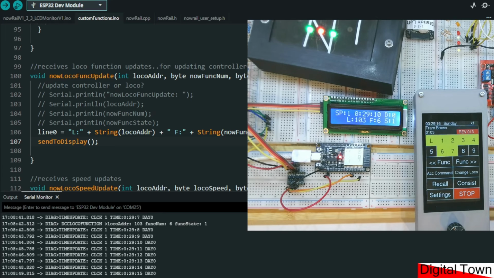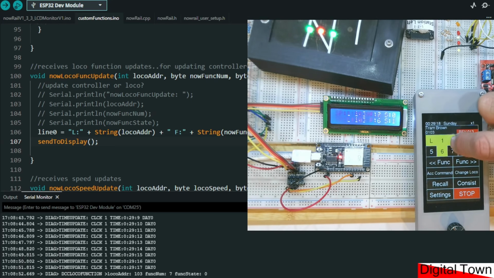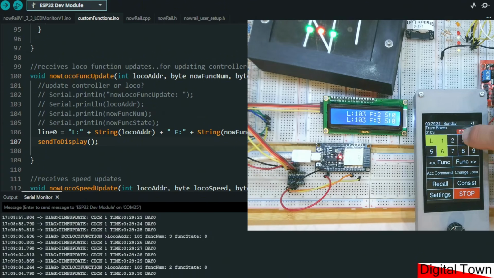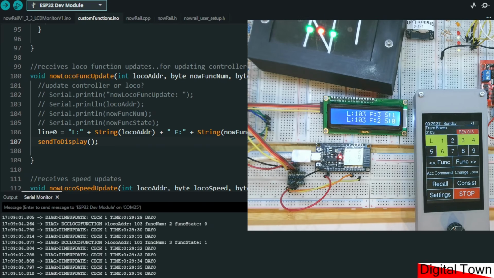So the code is uploaded, and now as I touch the function buttons, you can see loco 103 function 7 has been set off. I can now do the same for function 3. Let's turn function 3 back on, and you can see that is now working very nicely. So we can now see